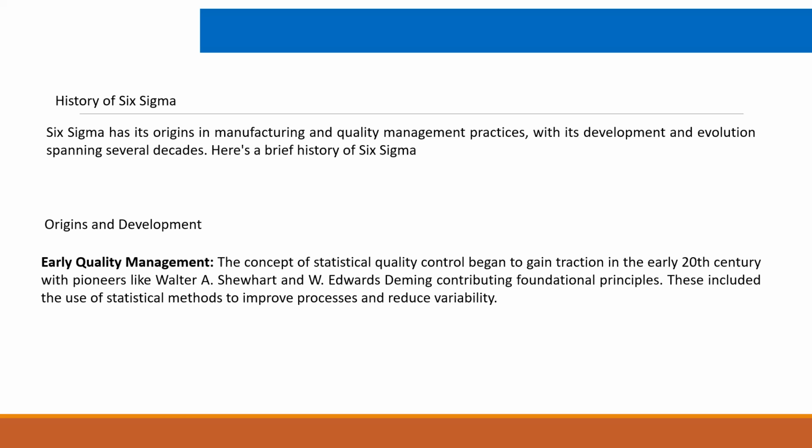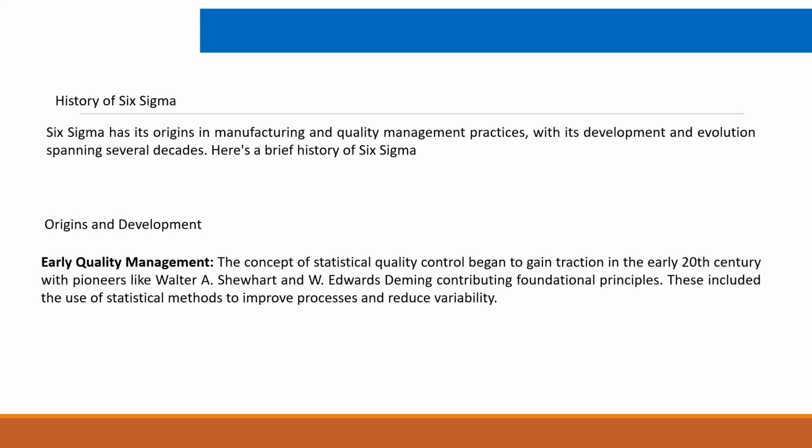Okay, now the history of Six Sigma. We understand how Six Sigma came about. Six Sigma has its origin in manufacturing and quality management practices, with development and evolution spanning several decades. So what is the brief history? You must have heard this name, early quality management. This is a very well-known name in the market. EQM is where the concept of statistical quality control began